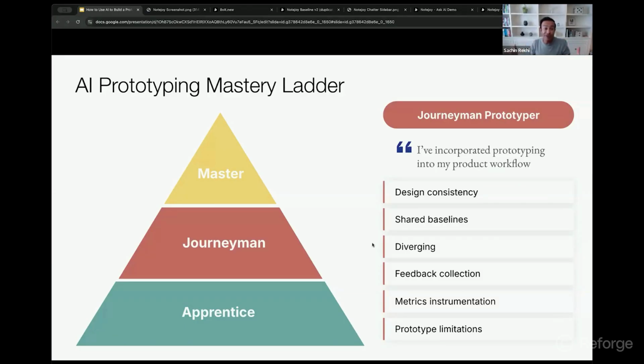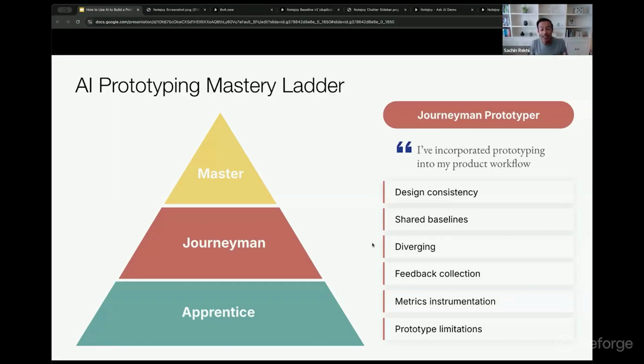Now, you are also using these tools to diverge, not just build the simple idea in your head. Ultimately, you're going to realize half the value of this is to get feedback from customers, and you're getting really robust on the way you think about that. You might even have a built-in survey to collect feedback. You might instrument the product to get metrics as people are playing with the prototype.